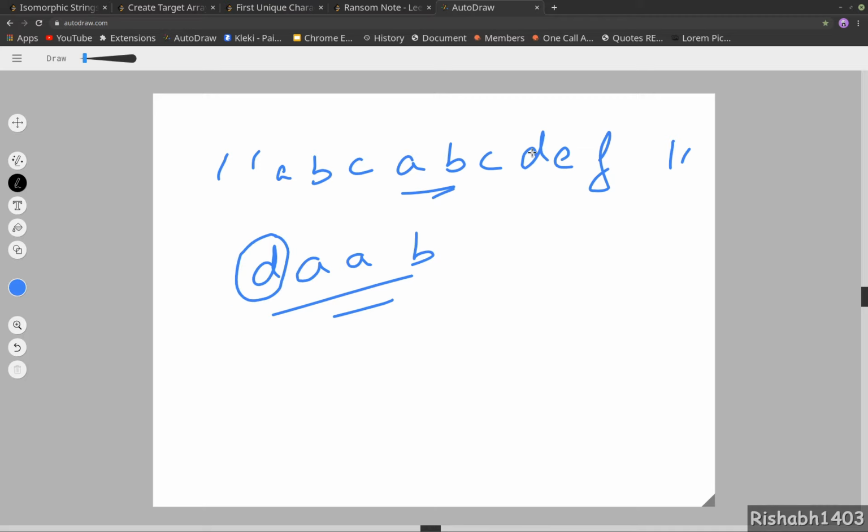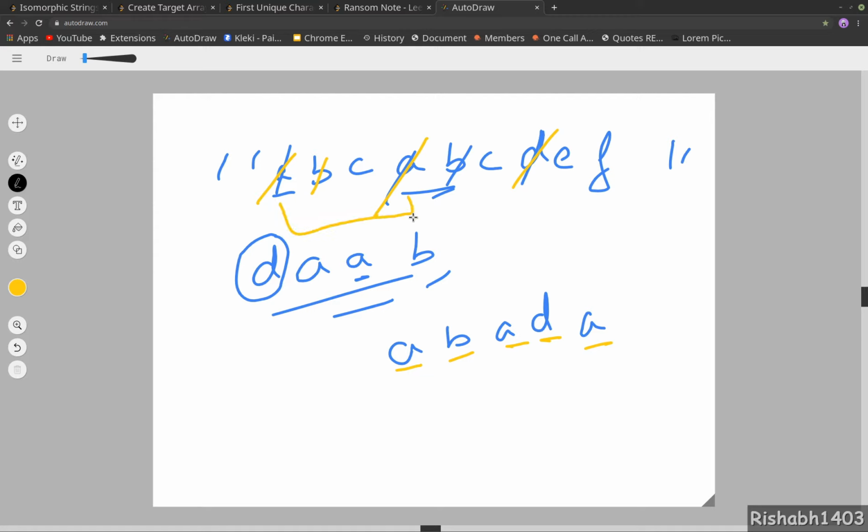So let's say D is present, yes. A is present, yes. Next is A, which is again present. We cannot use the same A because we have already used it. So this A is present, yes, and this B is present, yes. Now let's look at this. So we have A, B, A, D, A. Let's change color so that it's legible. Now this A is present, yes. This B is present, yes. This A is present. This D is present. This A is not present anymore. We have used both the A's.